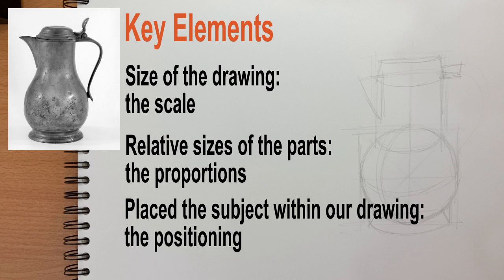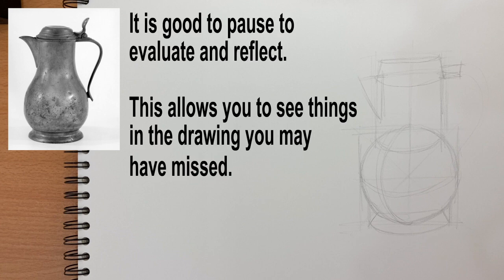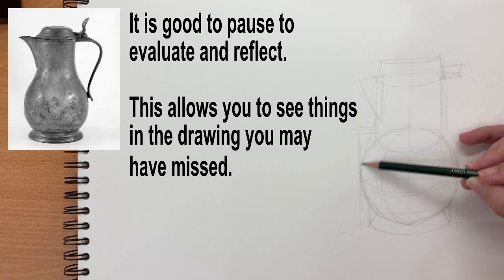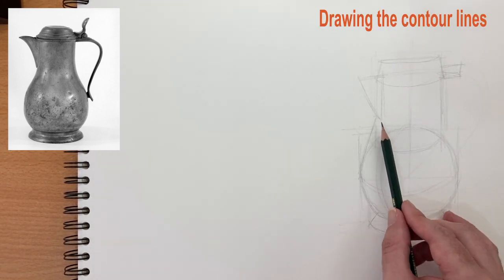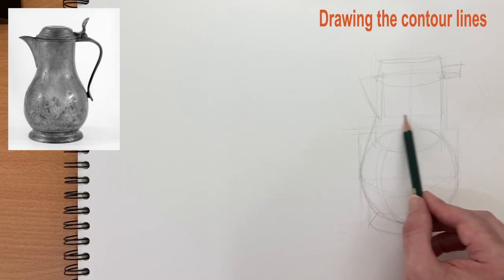For this drawing, it may seem a bit simplistic, but remember we did need to establish the center of the neck of our water jug over the base, and we used that center line to do that. We used the simple forms to make sure that was correct before we move on to doing any of the details or contours. Now that we've got all that worked out, we can go back and double check things before we move on, and if there's anything we need to correct, we can correct it at this stage. After we've made all our corrections and adjustments, we're ready to work on the contours.